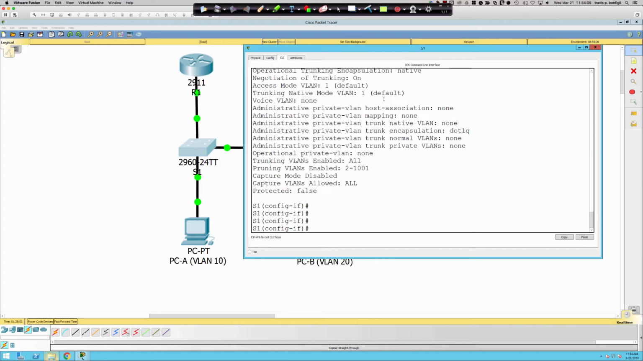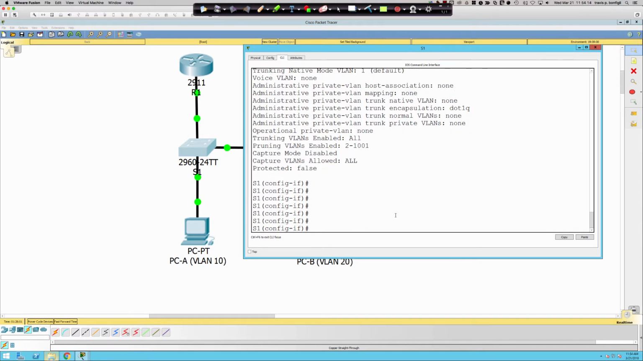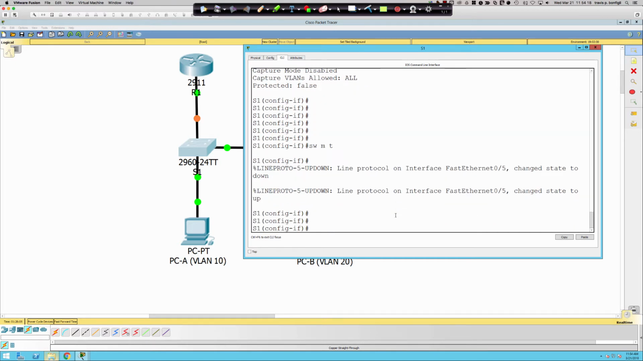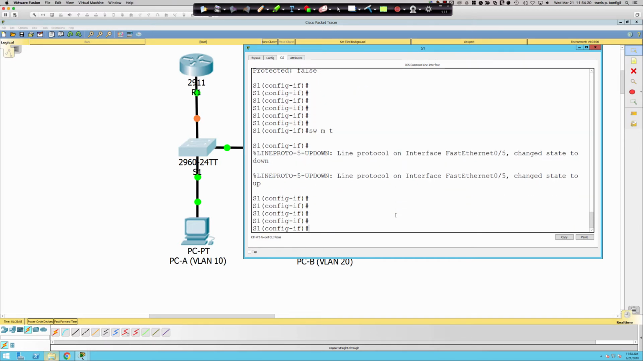You've got it, VLAN 1, because that is the default right now. However, no PCs are in VLAN 1. All right, so what do we need to do? We need to say switchport mode trunk. I think I did this, or maybe I didn't. So switchport mode trunk, and there we go. So FastEthernet 0/5 is now a trunk